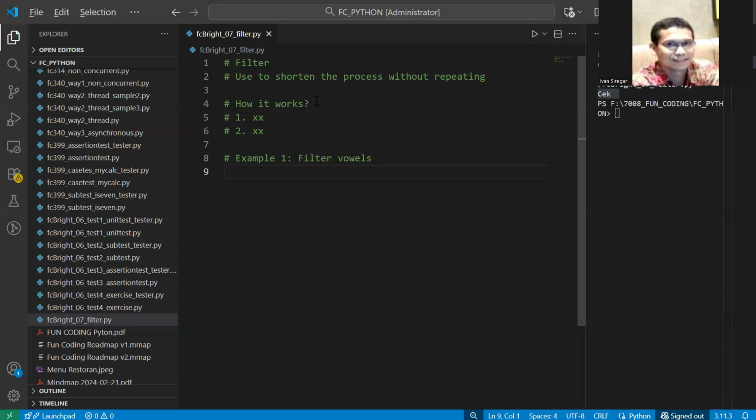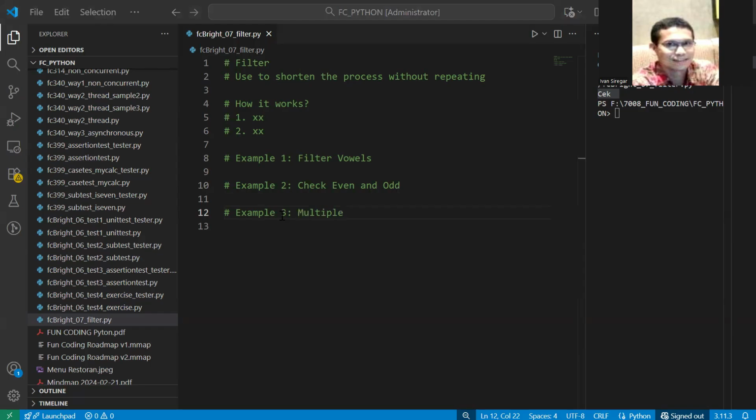And then example two is to check even and odd. And number three is the multiple. And after that, I give you the challenge. Okay, so that's all. Adjust your code accordingly.